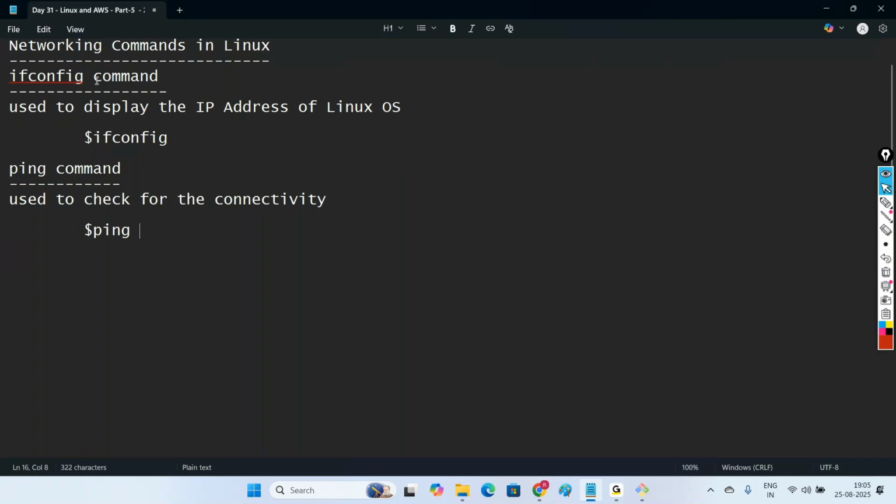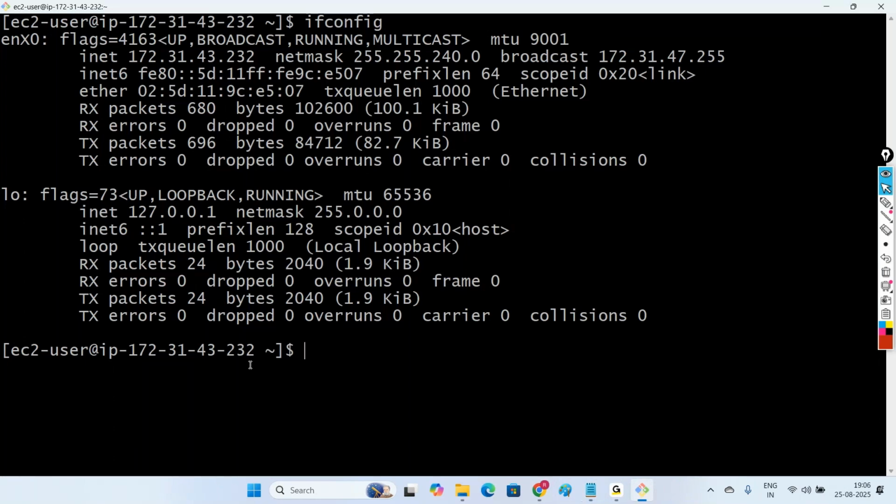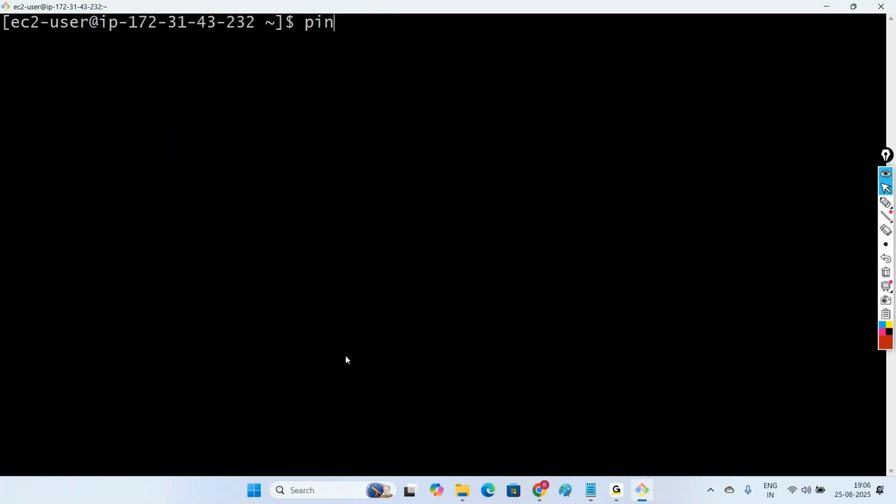I want to know whether we are able to connect to the internet or not. So for that, I'm checking with a website like irctc.co.in. Any website. You can take one more example like ping www.google.co.in. Ping www.amazon.com, like this. So you can check it here. Ping